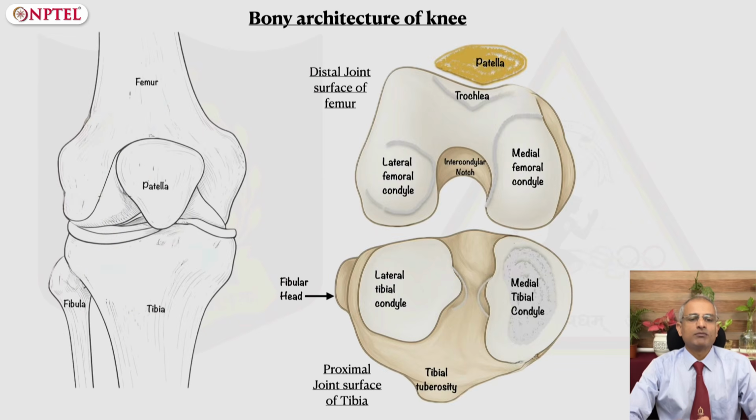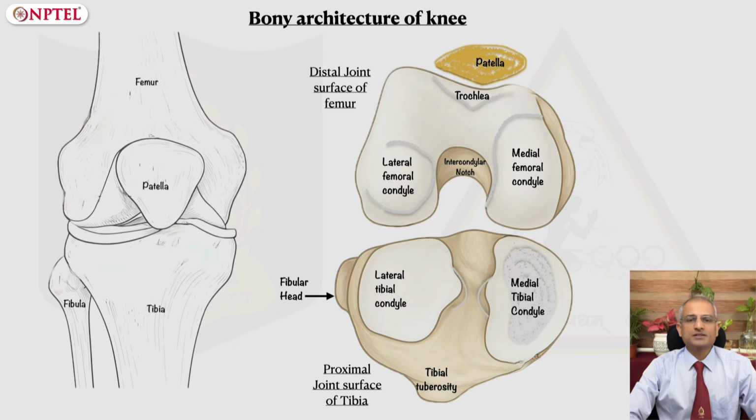The knee is formed by the articulation of three bones: the femur, tibia, and the patella. The articular surfaces of these three bones are covered by hyaline cartilage. The distal femur has two condyles, the medial and the lateral condyle, and these condyles are separated by an intercondylar notch. The condyles articulate with the medial and lateral tibial plateaus and form the tibiofemoral joint. And these joints give rise to the medial and lateral compartment of the knee.